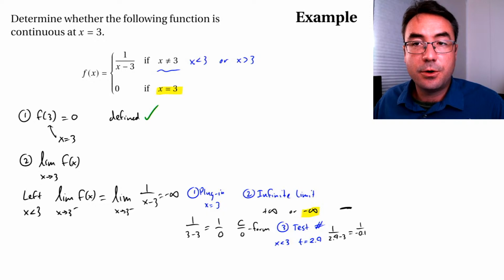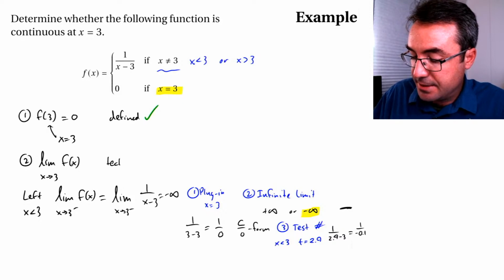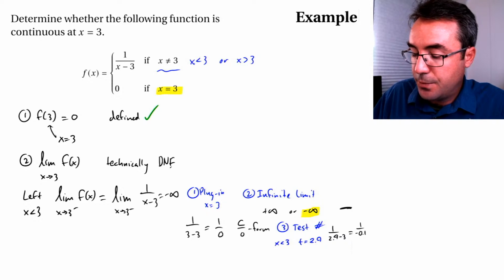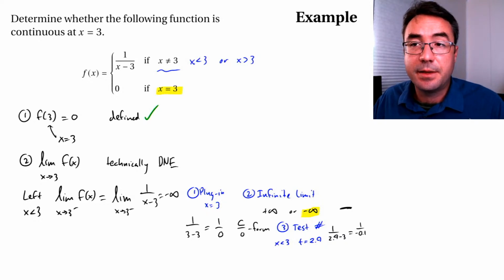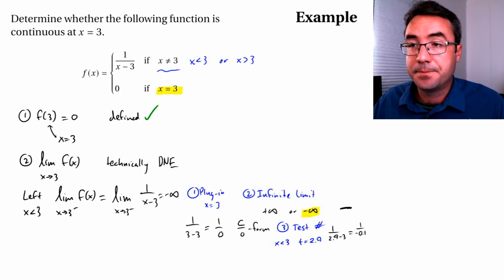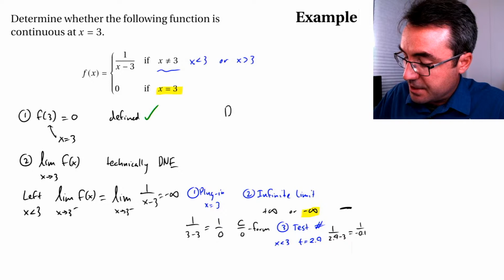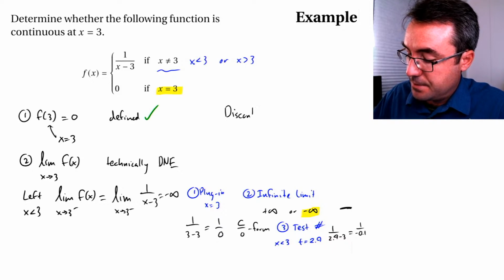And that's enough to show that the overall limit technically does not exist. We don't have to go any further. We don't have to do the right-hand limit. So as soon as we get an infinite limit, we've basically determined what happens with our function, or with what happens with continuity. So technically the overall limit does not exist. And so this is discontinuous